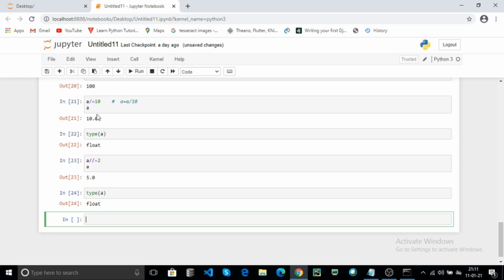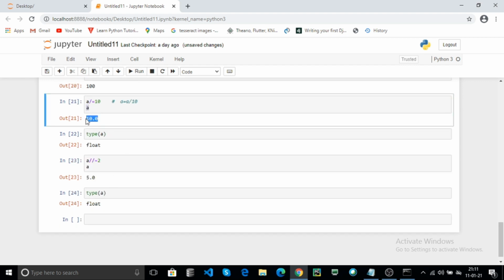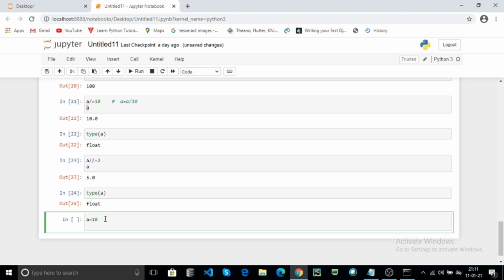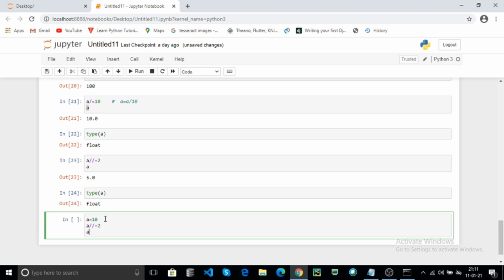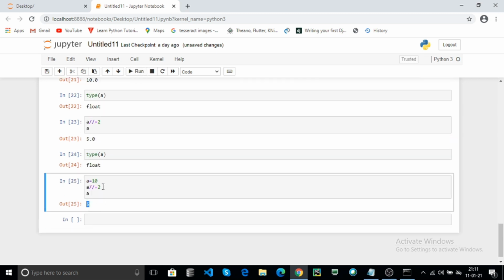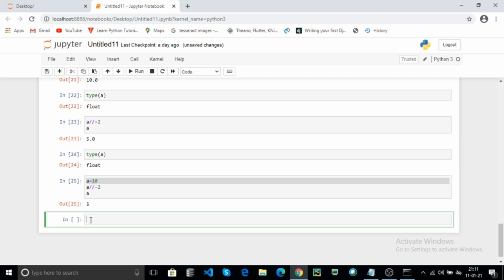If your variable contains integer data, for example a equal to 10, and you perform the integer division, it returns integer data. Here 5, because the variable contains integer data. A mod equal to 10.